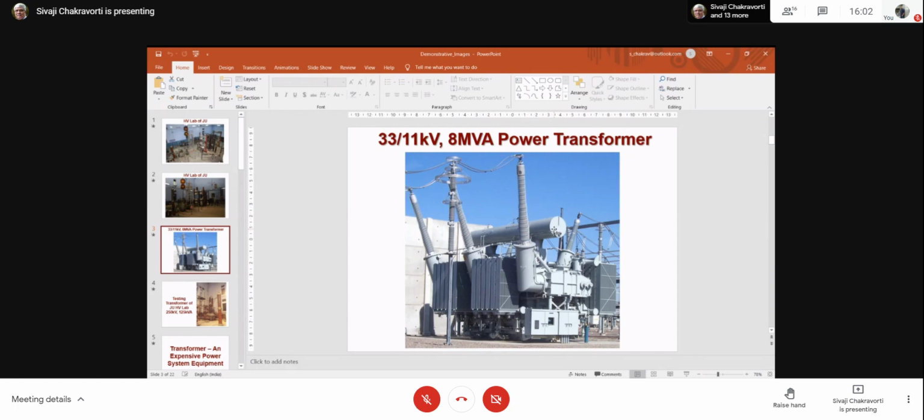So when the oil expands, it pushes the diaphragm up and air goes out. And there is a breather. But even when the air comes in, silica cannot take out all the moisture, so moisture will come in. But since there is a diaphragm, the air and oil will not touch each other. So now we have what is called a diaphragm sealed conservator.